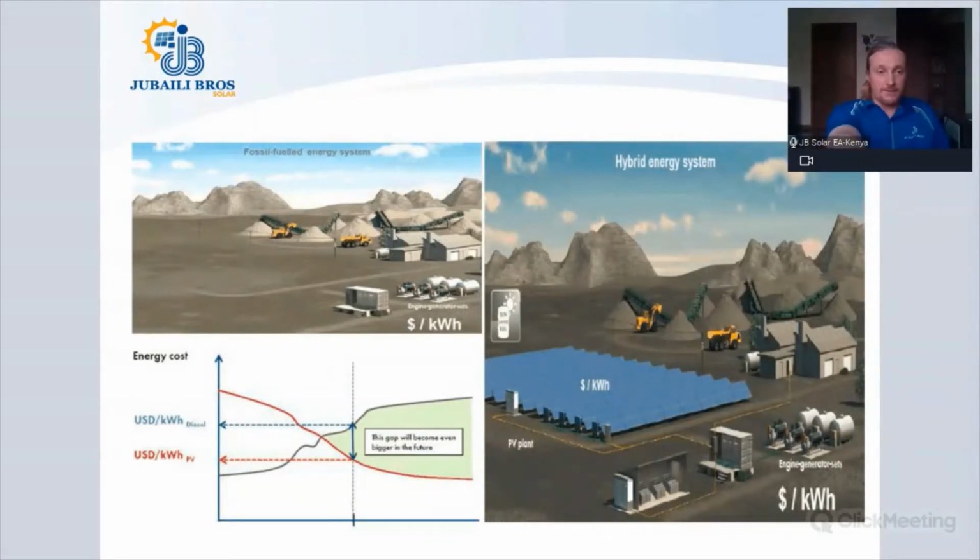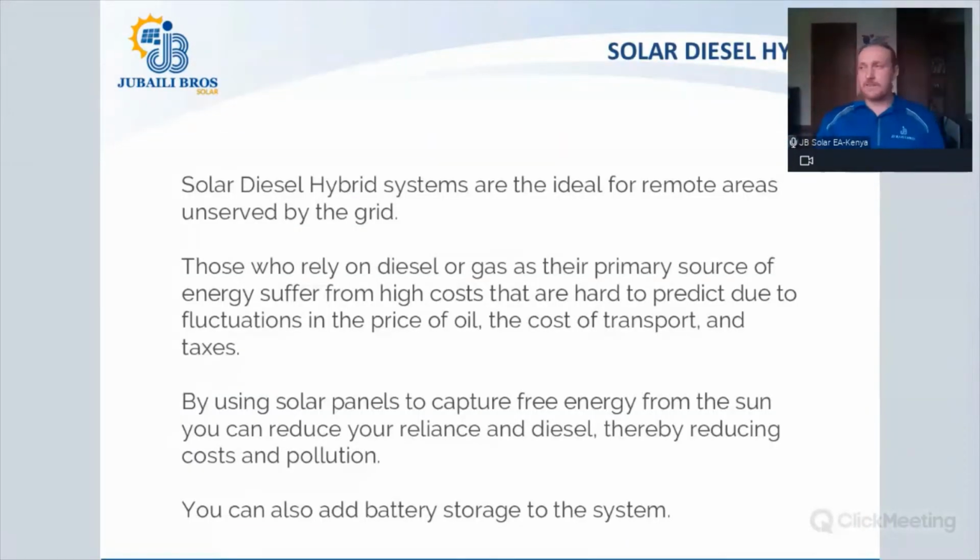And what you see on the bottom left, you can see that the price of diesel has been climbing, the price of solar energy is declining, and then there's a point where they cross each other, where solar becomes much cheaper. We are well into that side of the graph now in 2021. We are definitely on the side of the graph where the solar energy is much cheaper than the diesel. So PV diesel hybrids, or solar diesel hybrid, as they're called. Solar or PV diesel hybrid are ideal for remote areas that are unserved by the grid, because solar also